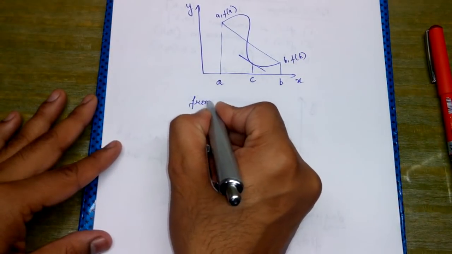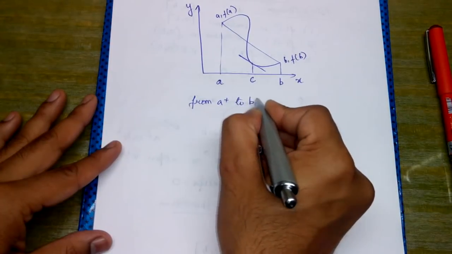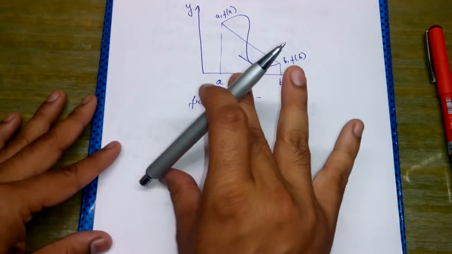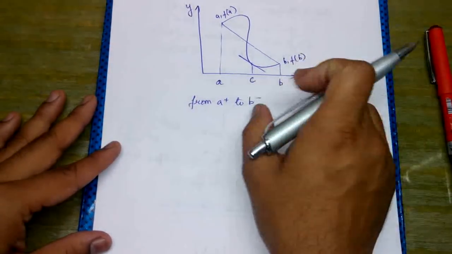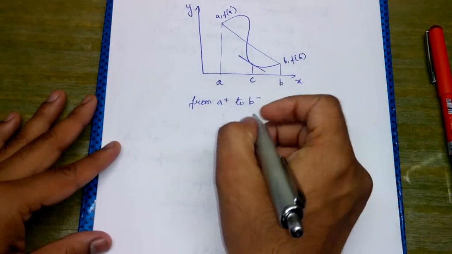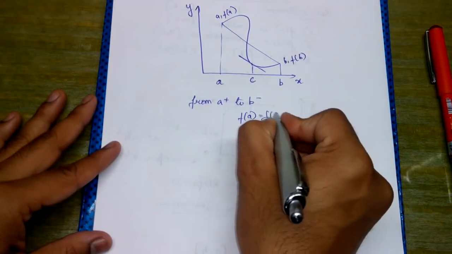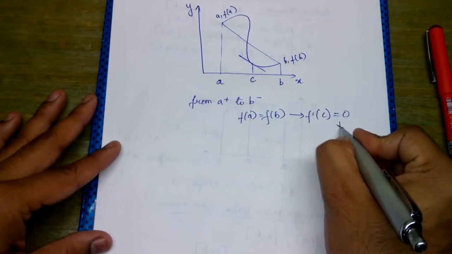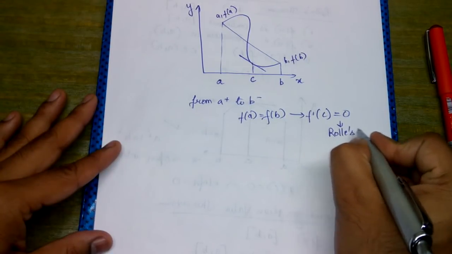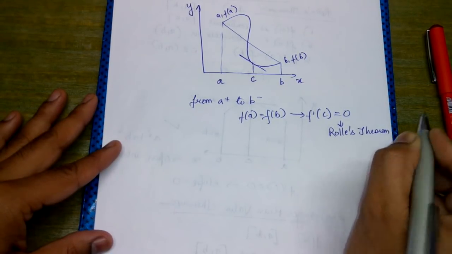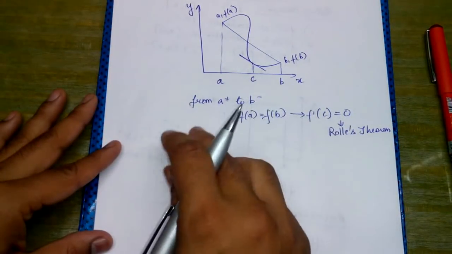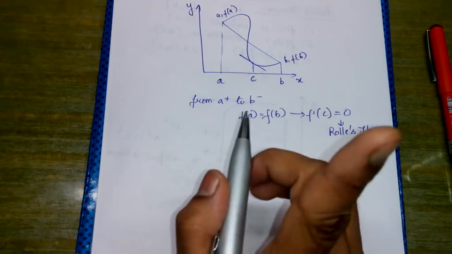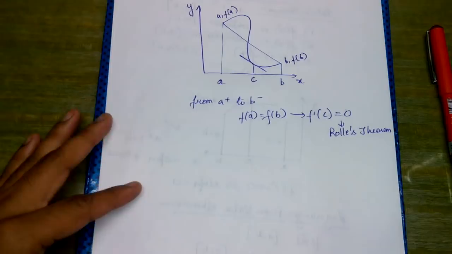So from A plus to B minus, the graph is well connected. Okay, the graph is well connected and also the function is derivable. So this is continuous as well as derivable. And if f of A is equals to f of B such that f dash c becomes 0, then it will simply give you the Rolle's theorem. Lagrange's is the first mean value theorem. Okay, Lagrange's is also called the first mean value theorem. Now we have